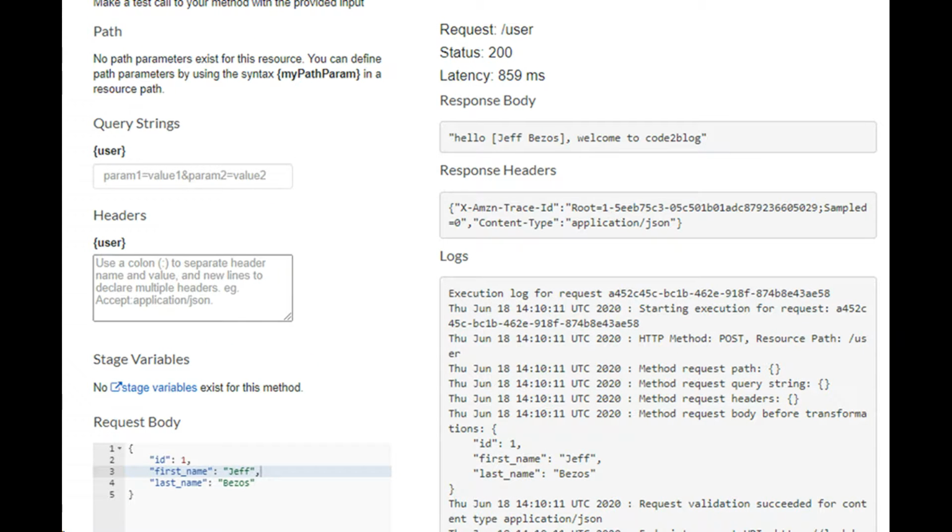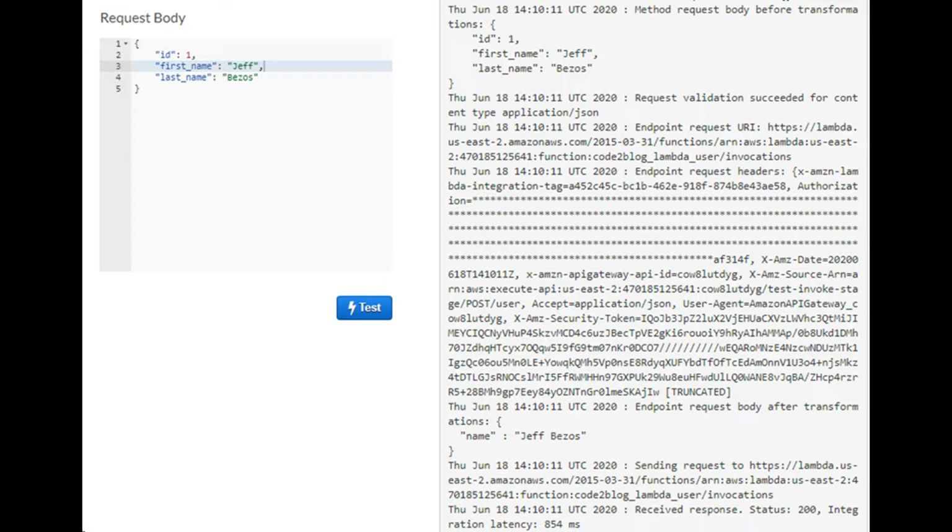When we provide all 3 mandatory input fields, our request reaches Lambda and it responds successfully. Observe the body mapping template in the integration request block is transforming first name and last name into one field called name.